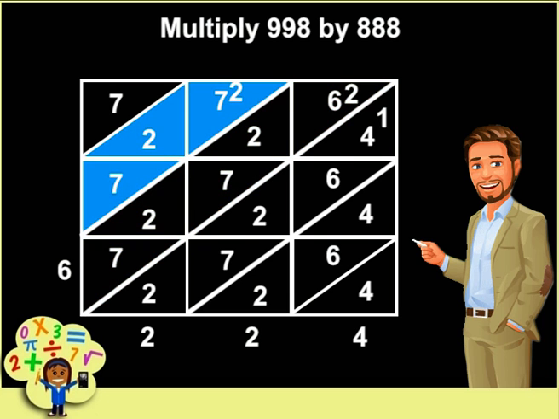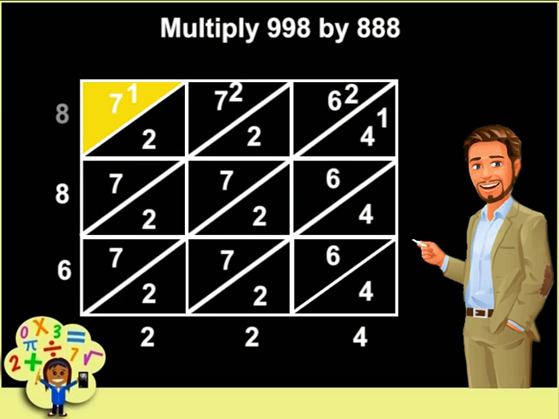Add the numbers in the fifth diagonal. These are 7 plus 2 plus 7 and carried over 2, which will give us 18. Write 8 for the answer to the fifth diagonal and carry over 1 to the last diagonal. Add 7 and the carried over 1 to make 8. All the numbers have been added in all the diagonals. Our question ends here. The answer is